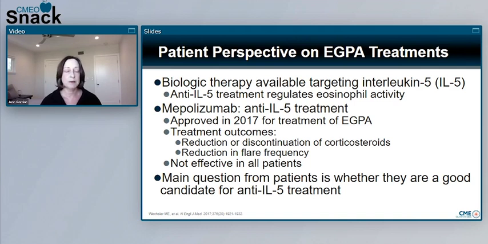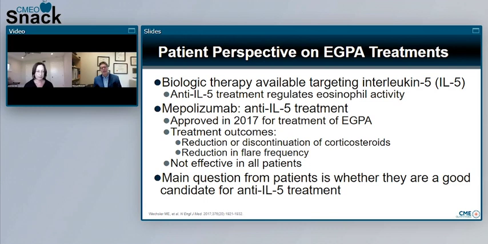Yes, I'm on biologics, anti-IL-5, and it's been extremely helpful for me. I was able to reduce my prednisone dose by 50% after I started biologics. This is something that's extremely exciting for the patient community to be able to see options aside from the traditional DMARDs, and options that can help us to reduce the prednisone. It can make a huge impact on our quality of life.